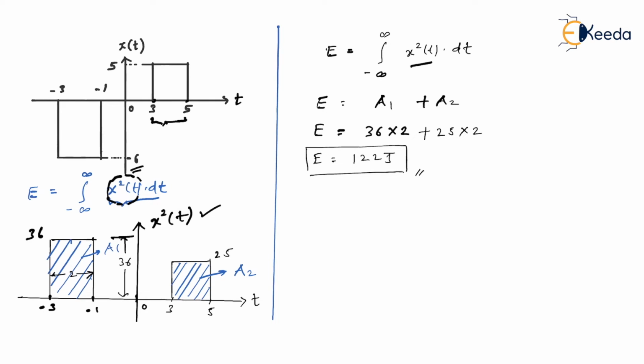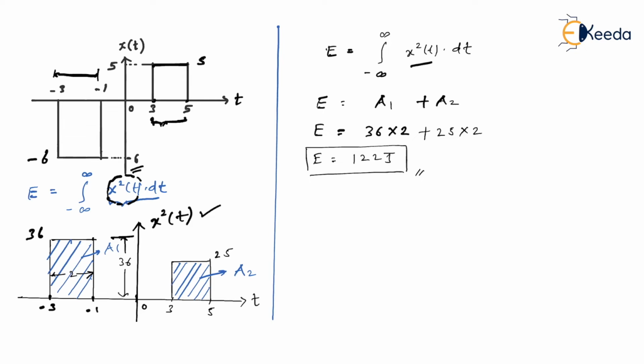But let me tell you, this method has some limitations, and limitations are, if the given x of t signal is having constant amplitudes. What is meant by constant amplitudes? Just see. In first case, if you see from -3 to -1, amplitude is -6. Am I right? So amplitude is -6, and -6 is the constant value. Whereas from 3 to 5, amplitude is 5. That is, again, we have got constant value. Constant value means independent of time. So whenever amplitudes are constant, that is independent of time, this method would be comfortable.